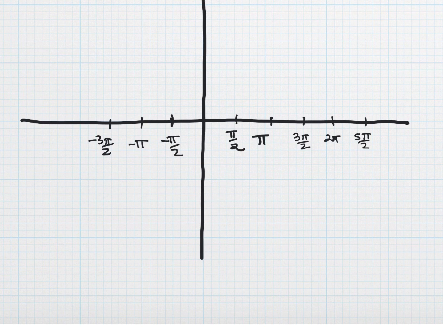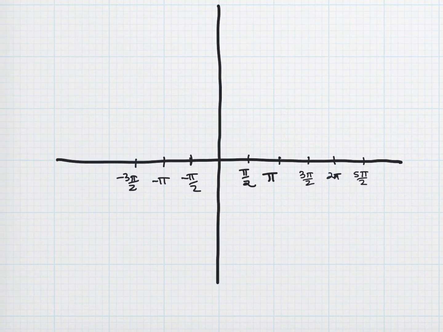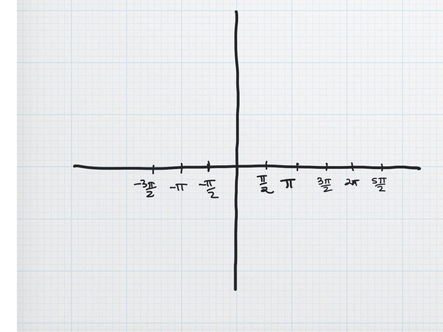All right, so now I have 4 points. This is my starting point, 4 points to the right, and 0 is one of the stopping points here, and then 4 to the left. So let's go ahead now and graph this. It's the sine graph. We also have to add in the amplitude, so I'm going to put 2 here,